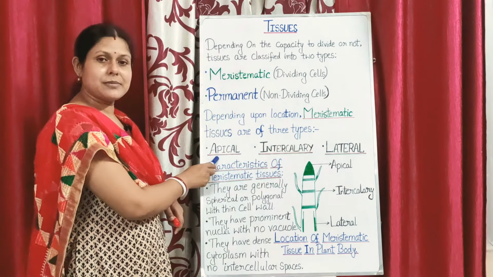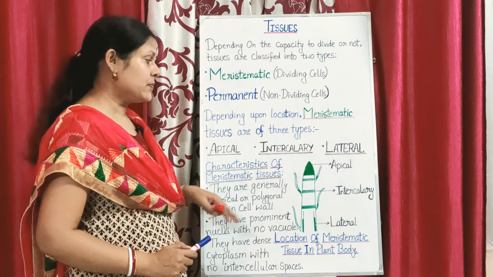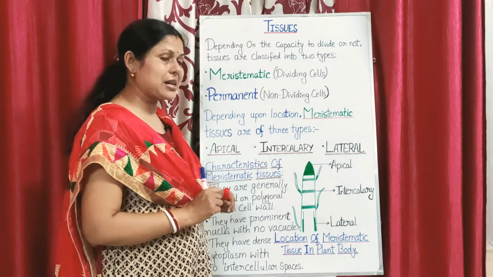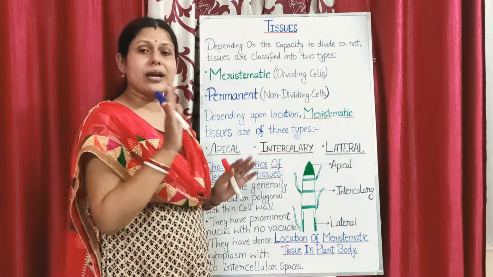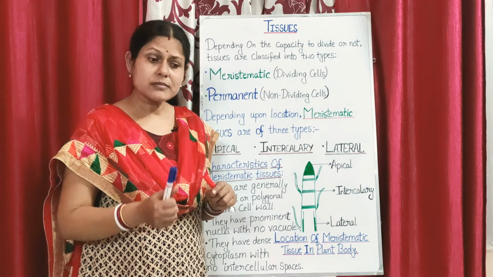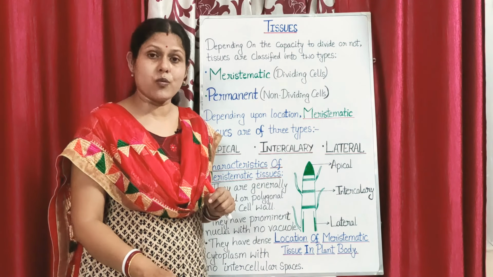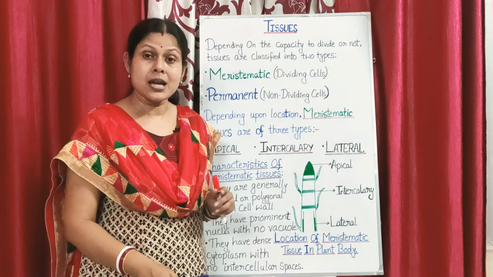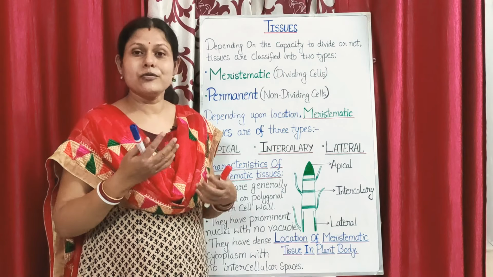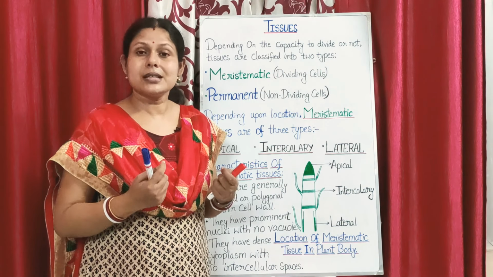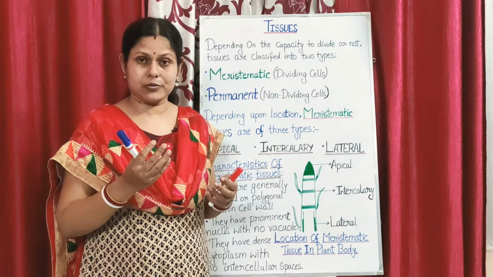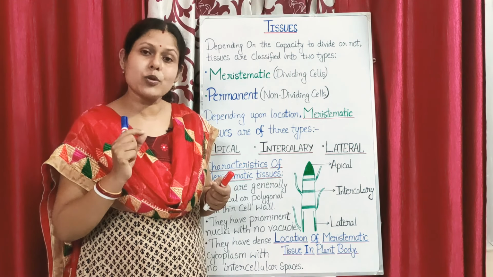Now apical meristematic tissues, as the name suggests, are present in the apex of the plant. Okay, that means the apex of the plant means the tip of the plant. Now where is the tip of the plant located? Of course the shoot tip and the root tip, because the root has to go in search of water and minerals in the soil, isn't it? Until it gets a supply of water and minerals, the formation of food by the process of photosynthesis in the leaves will not take place, because water has to be constantly supplied to the leaves for photosynthesis. So the root tip has to be always active.